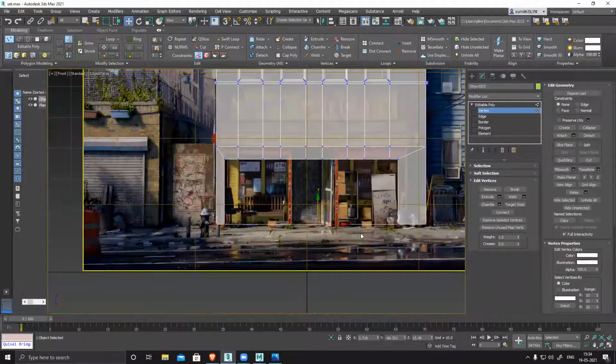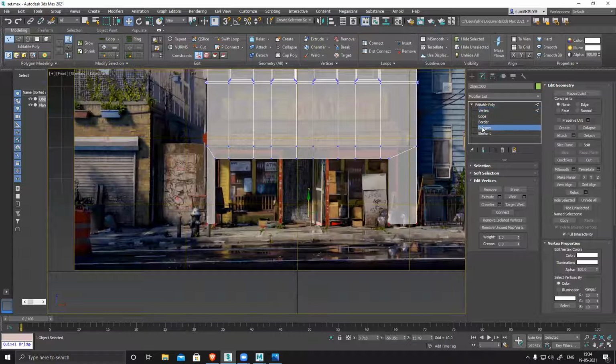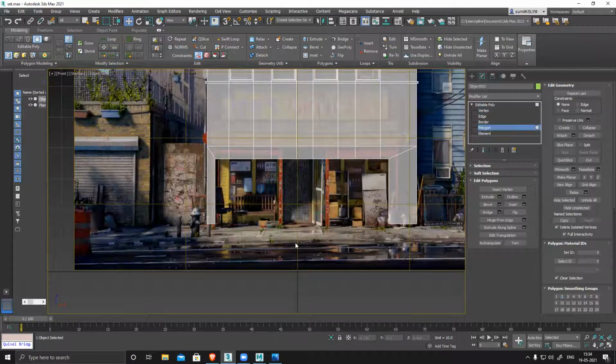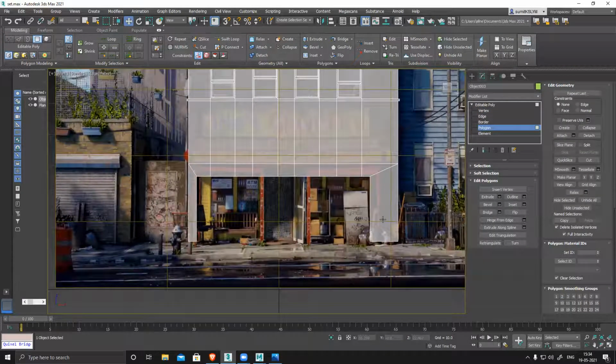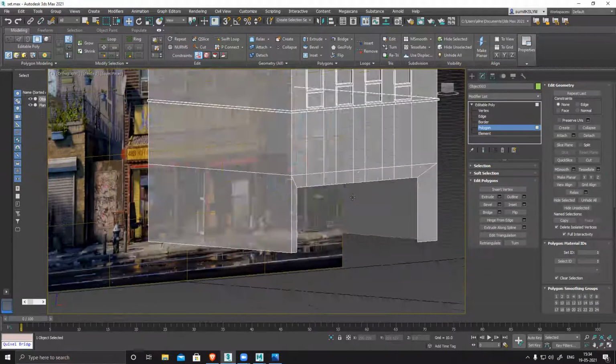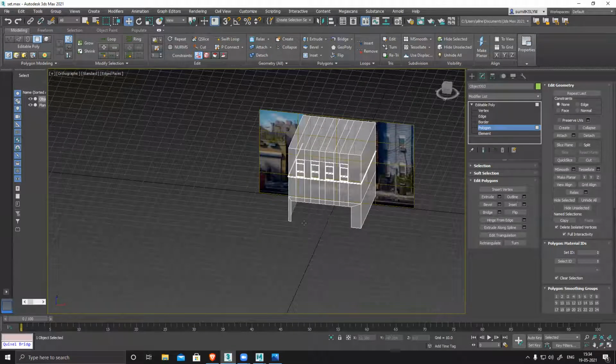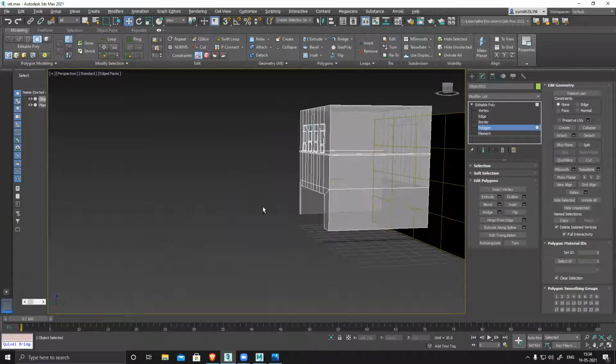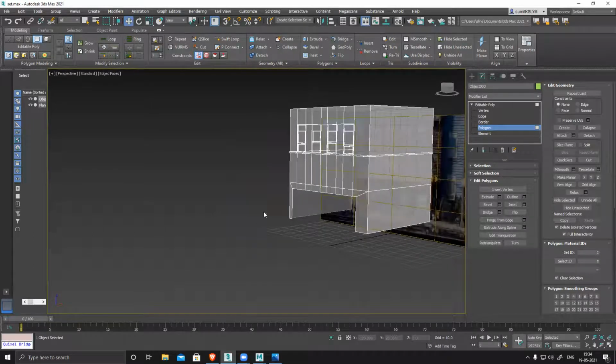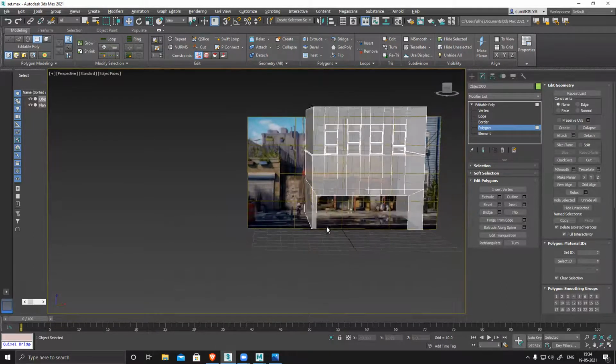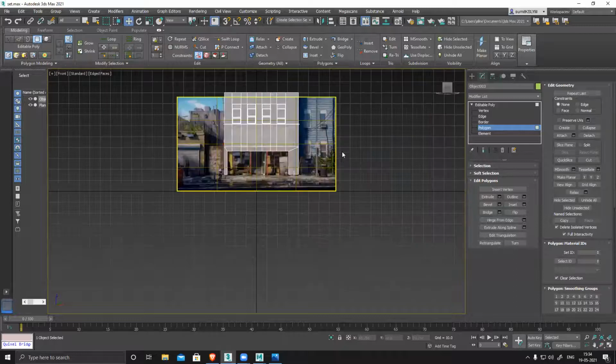Yeah. Now correct. Select this, delete this also. So basic structure is ready. You can see basic structure is ready, but still the front extruded part and all those things are not there yet. So front